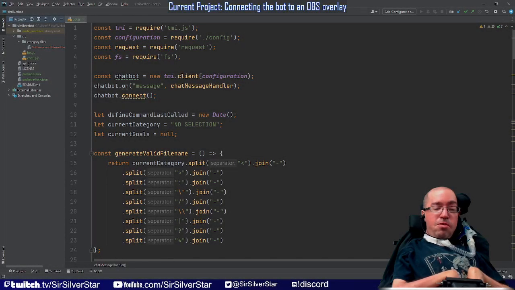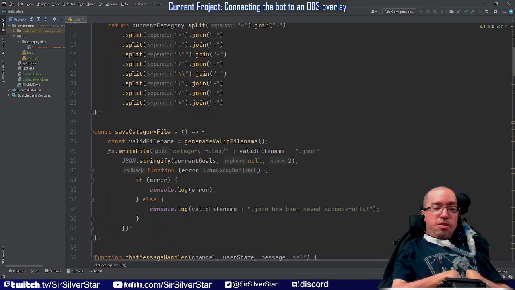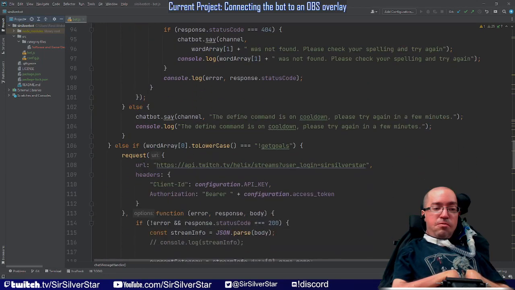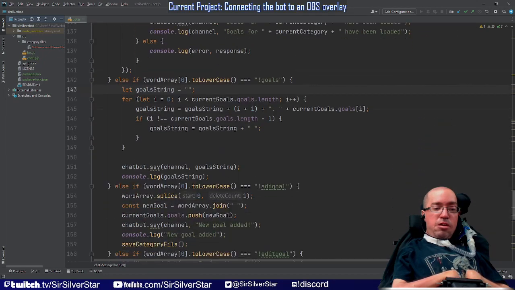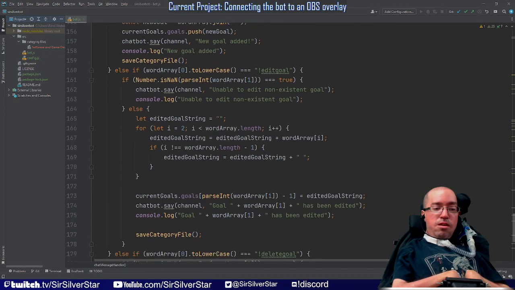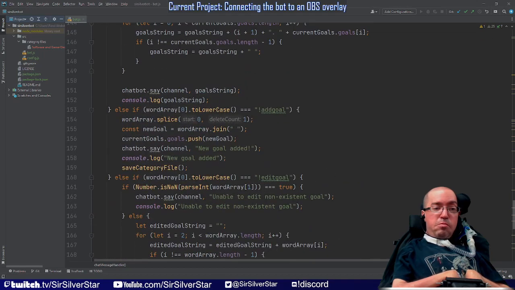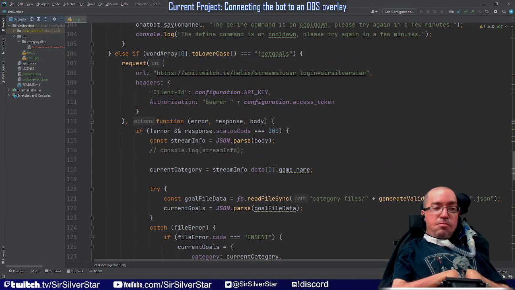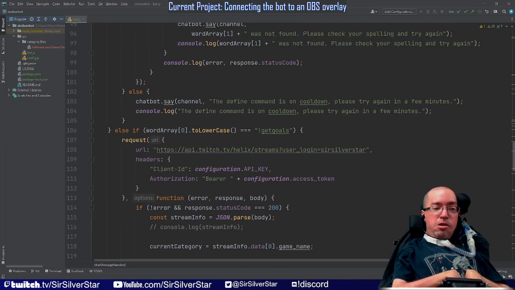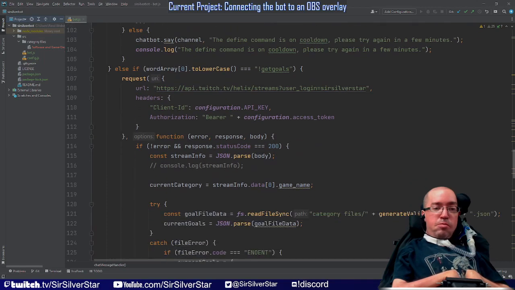Right. So in this video, we are going to take the stuff that we've done already, specifically with the goals overlay stuff. So the stuff where we talk about getting goals and adding goals and then showing goals, editing, deleting, all of that. We are going to extend this functionality to instead of just being a chat experience where you add a goal and then you type in exclamation point goals and then it spits out the list of goals